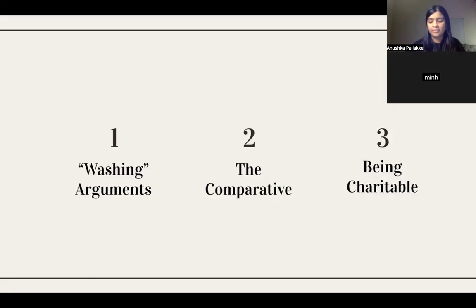And then being charitable means you want to start with a strong hold, but then you want to slowly lessen your hold on the argument. So what this essentially looks like is you want to say, okay, this never happens. Then depending on how the debate is going, you want to change it. This sometimes happens. And then eventually, if you're losing that argument, you want to say, okay, this happens, but it doesn't matter. So the main key thing is you want to be very adaptable during the round.